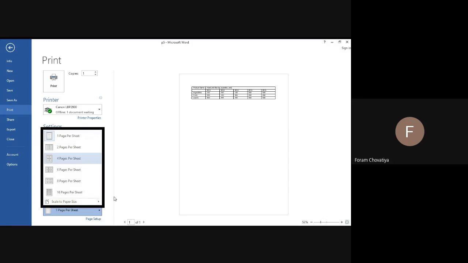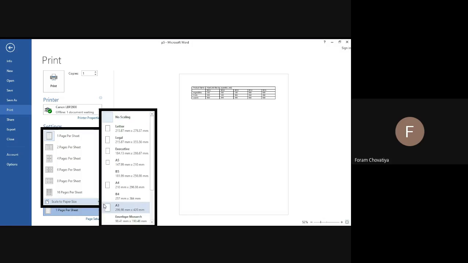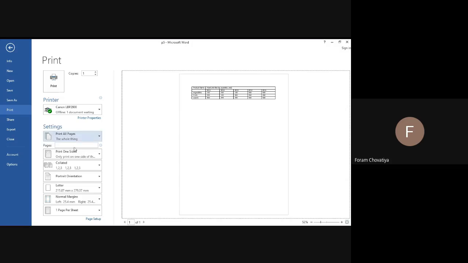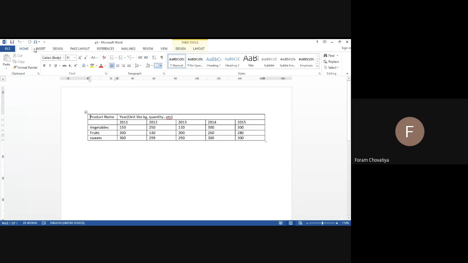Per page one sheet, one page per sheet, two pages per sheet. Select whichever format you want to print. Then after setting that format, you have to click on print or okay. If you click on print, your document will be printed.